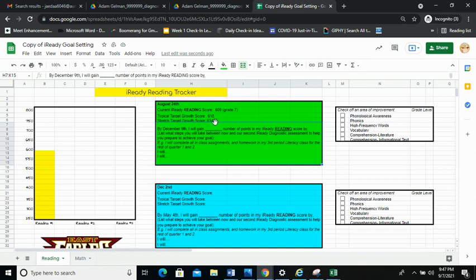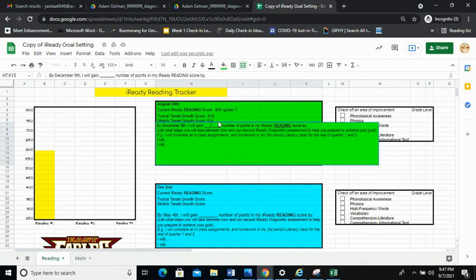And so remember, these goals are really for the whole year, and so I'm setting a goal where I think I can be at by December. So if you think that you can reach these goals by December, you can certainly set those as your goal. If you want to make it a little bit less than these goals, you can do that also. So I'm going to say I am going to gain 7 points, and